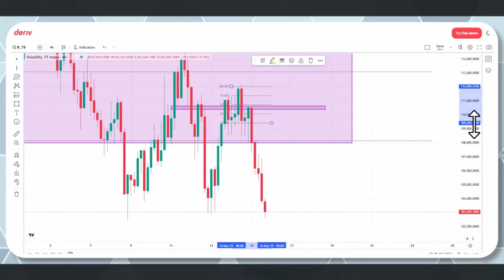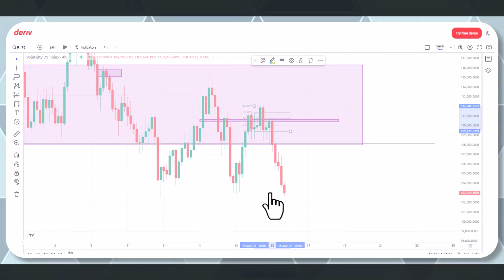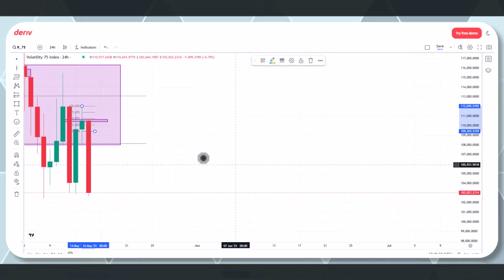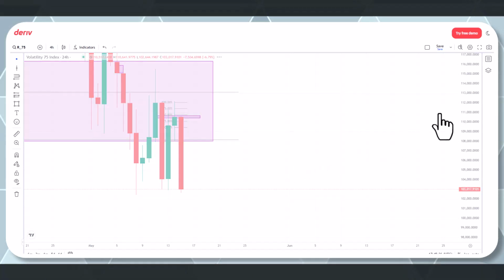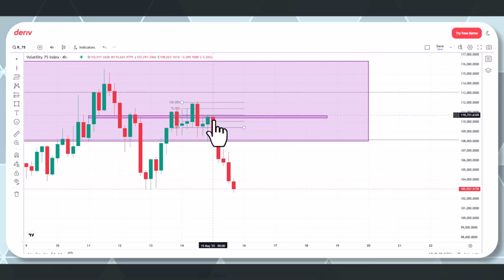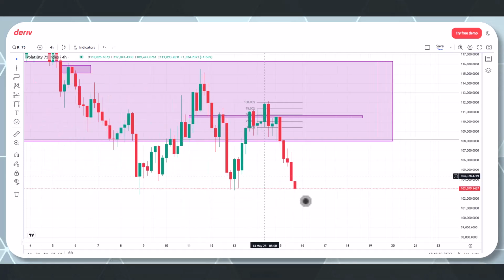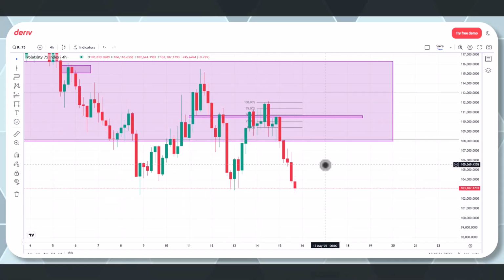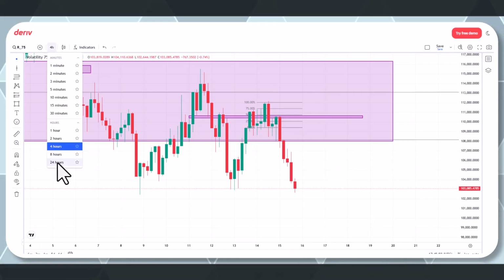But let's look at it from this perspective, from the daily time frame perspective. What would be the draw on liquidity? There is this fair value gap resting in here that I want to see. First of all, price taking down. Just beneath this price level, I want to first of all see price into this fair value gap, and the next draw on liquidity will be beneath this. If price is able to trade below this, then we know that we are actually coming for this low right in here. But if price gets into this area and is unable to,